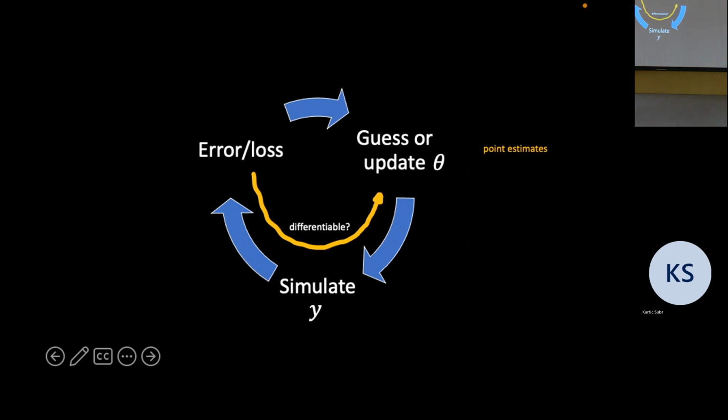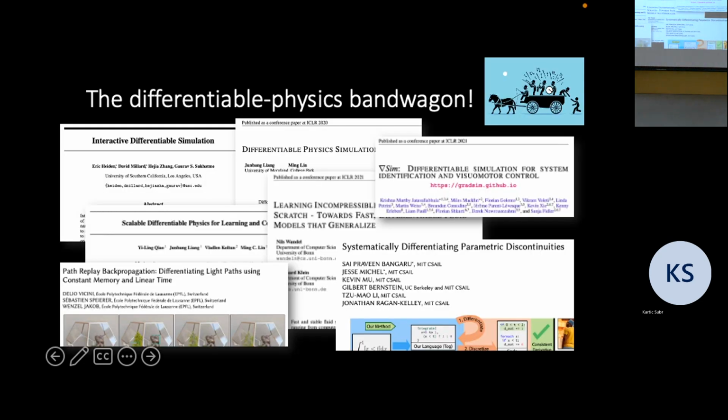So there's a big trend in what's called differentiable physics. Does anyone here work on differentiable physics? No? Instead of doing this, if you build a simulator that can be automatically differentiated with respect to the input parameters, then you could avoid this part and update your parameters by doing the backward pass through the differentiable sequence. Anyway, the details are not important unless you want to work on it.